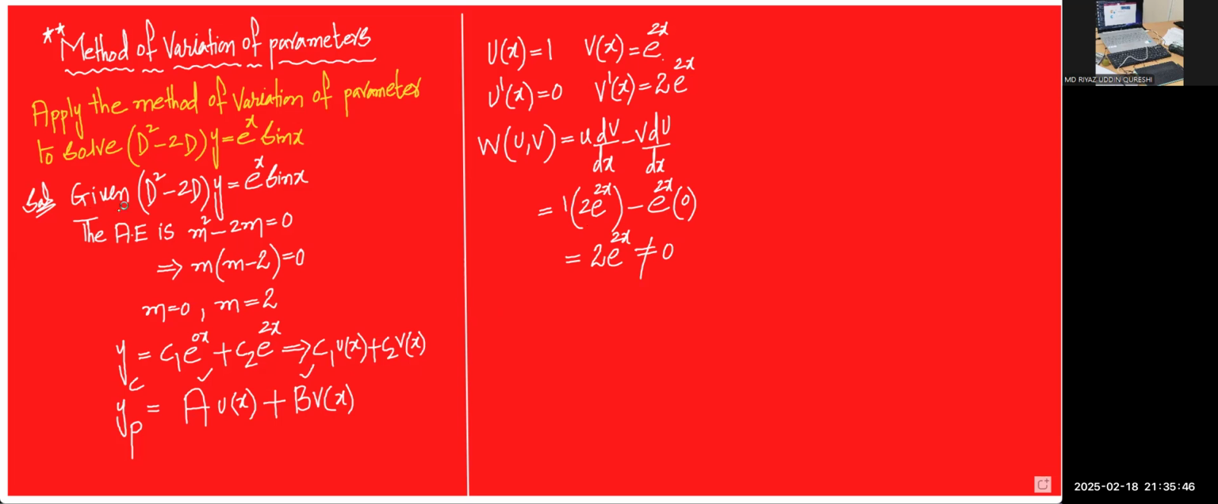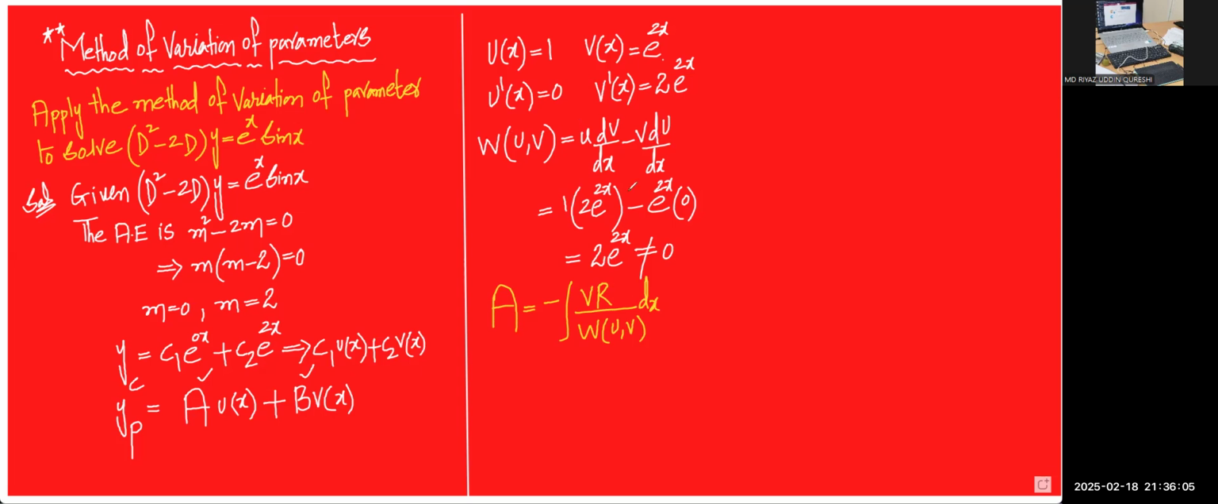To find a, we have a formula. The formula is this one. A is equal to minus integral of v times R by the Wronskian of u comma v into dx. आपको अभी पता चलता, अपन ये ब्रांस्किन क्यों फाइंड आउट करें।